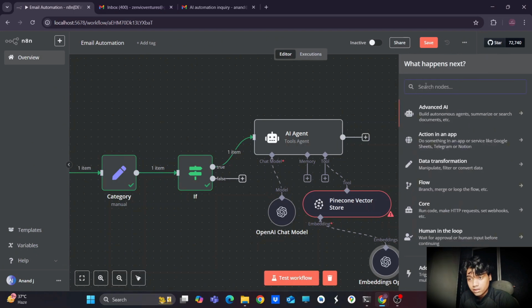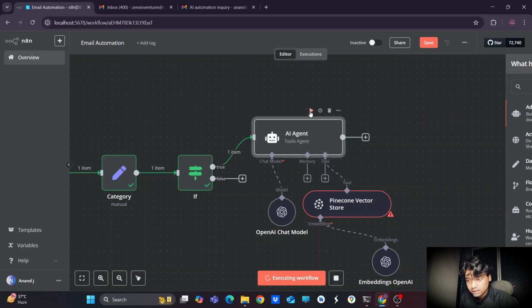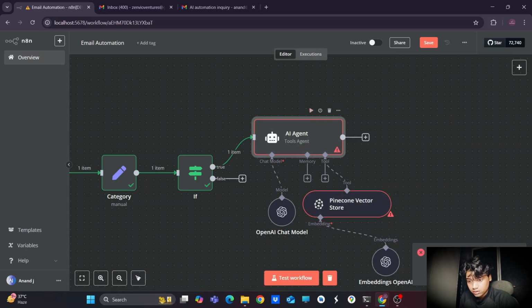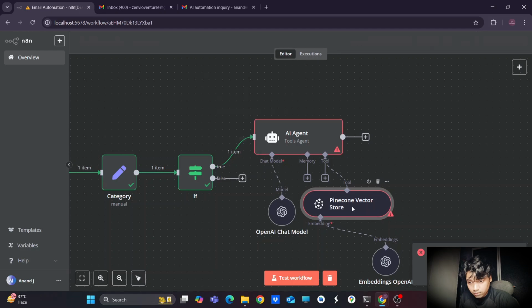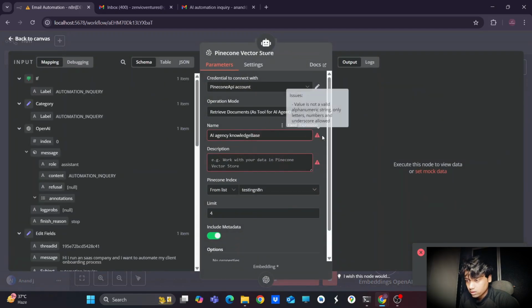After that, let's test this step first. It is saying there is an error: invalid input for name. I think the value is not a valid alphanumeric string. Okay, let's add an underscore here and test the step again.